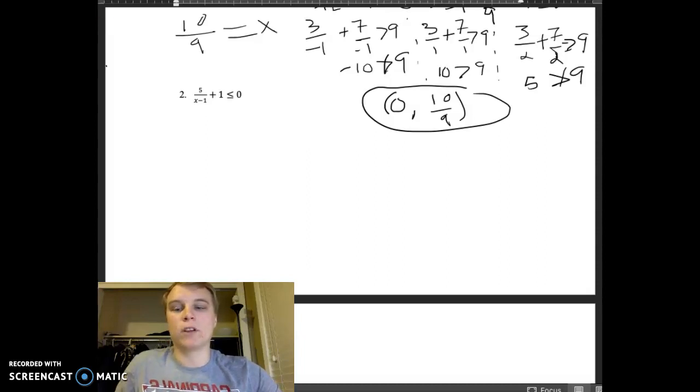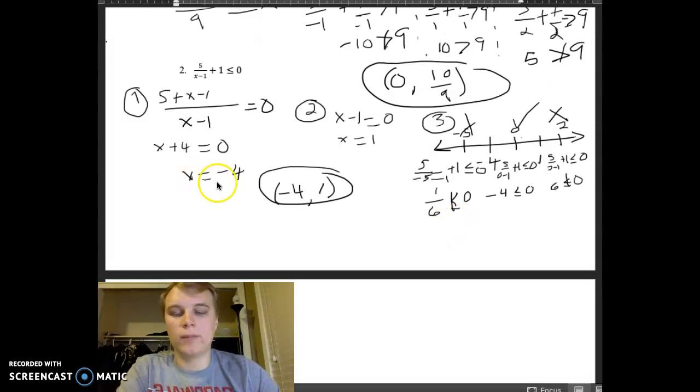Okay. All right, so first step for my first point, I get a critical point, I get -4. Second one, I get 1. And then third step, less than -4 does not work. Greater than 1 does not work. Between -4 and 1 works. So my final answer is